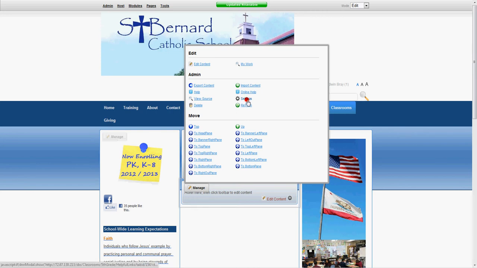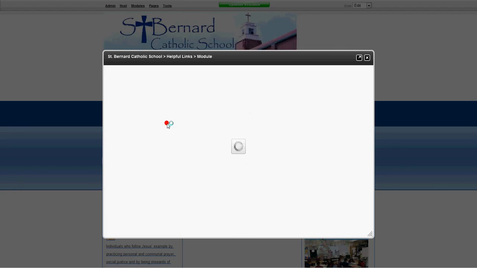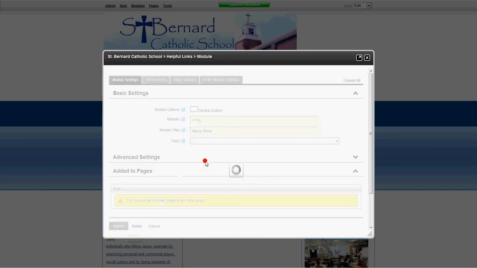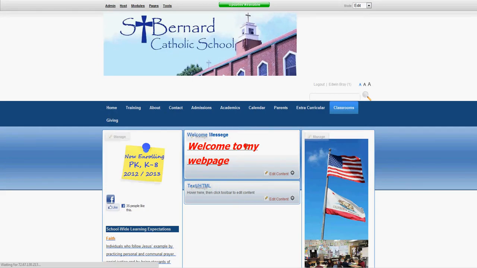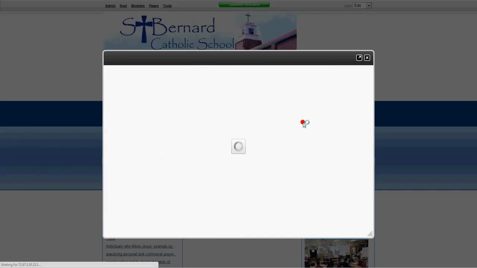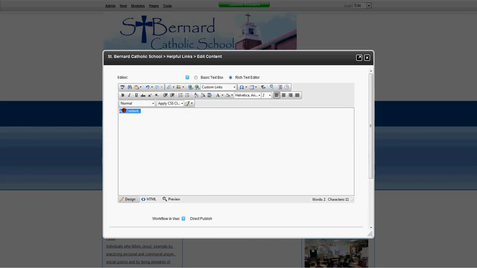So go ahead and go to settings on it, and then you want to change the title, because right now it says text HTML, put homework. You can update this if you want to ever change it at any time. Okay, now this is your homework module, and go ahead and click it again, and then click edit content. So say this is a homework, so let's say I'm going to have two columns. Say this is a homework for the week,